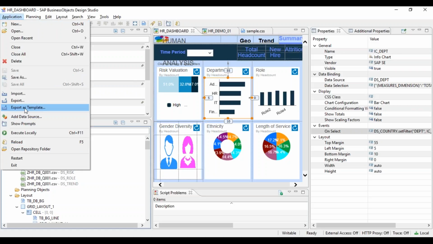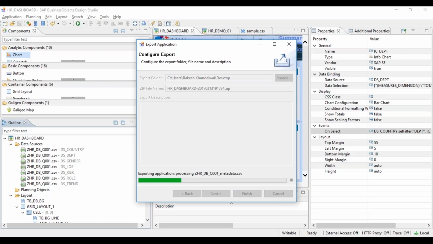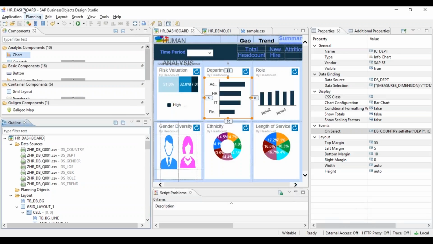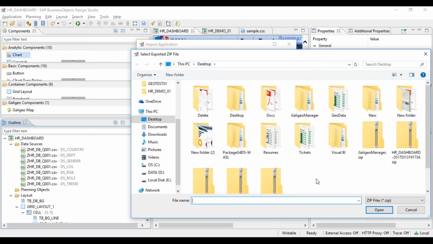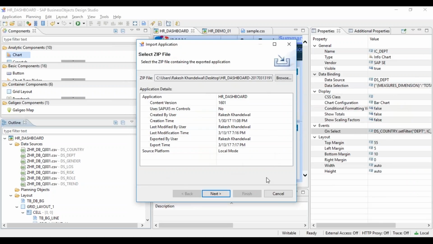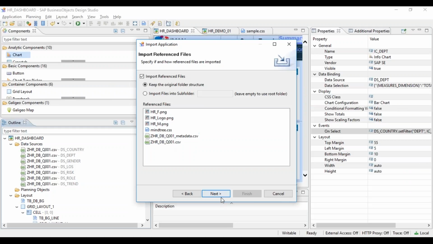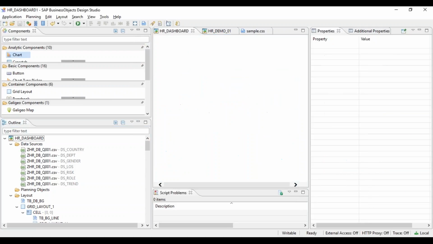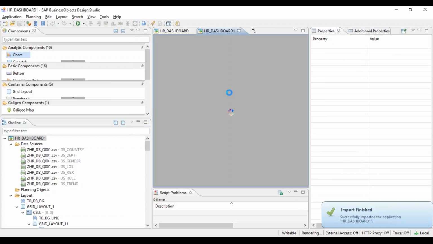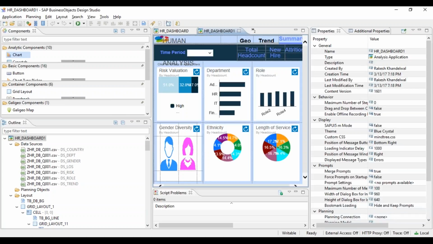Yeah. I'll just export it. Right, please. That would be great. I'll export it and give you this application. What you can do is simply import the application. Select the folder which I'll be giving you. I think this is the dashboard, so you simply import it. You give the name, because I already have this name, so I'll give another name. Simply keep all the reference files in that and say finish. You will have the dashboard with you. Then you can compare it with your dashboard and change your dashboard accordingly.